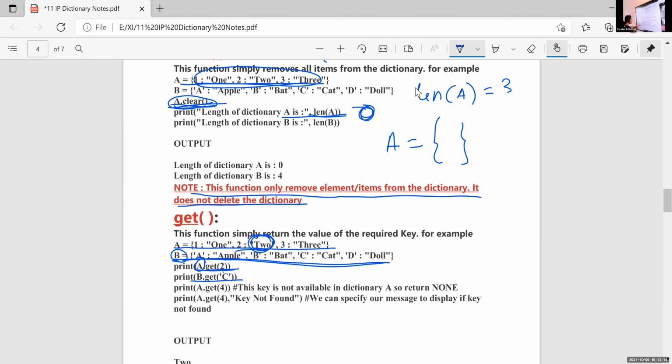B dot get means we are checking a particular value in B. So B dot get C: B is the dictionary, and the value inside this get is the key. C is the key, so you check the key inside this B. Here one key C is there, so it will display the value of that C, that is cat.